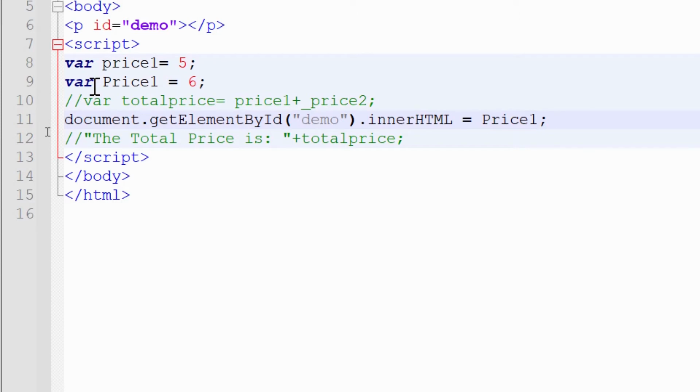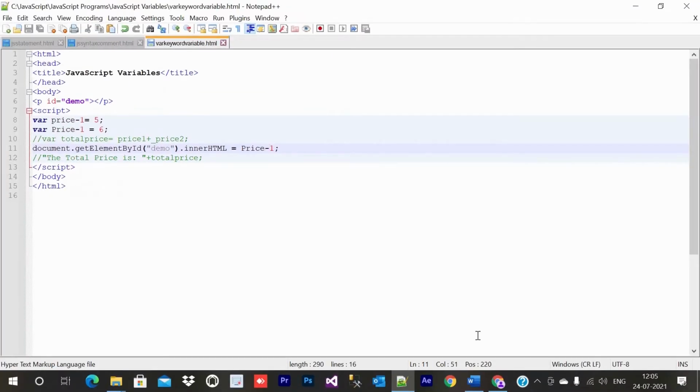If you want to do some more things, you can do that also. We have seen the dollar or underscore thing. If you want to give something like price dash 1 and price dash 1, and now if you write price dash 1 here, what will happen? Let me show you.